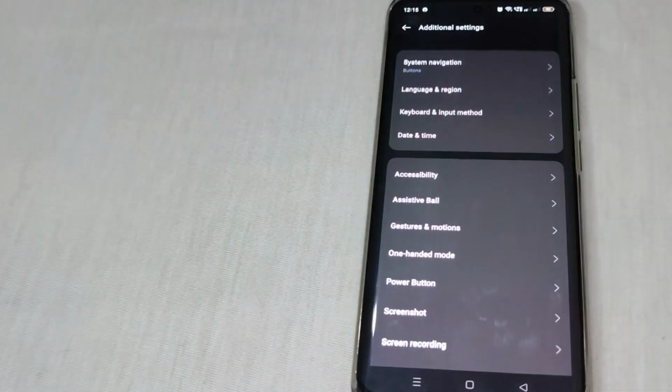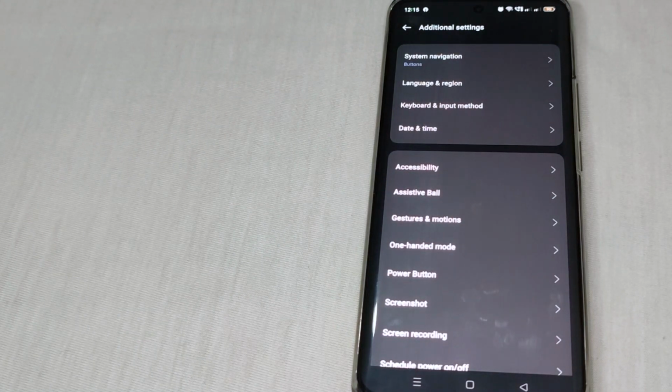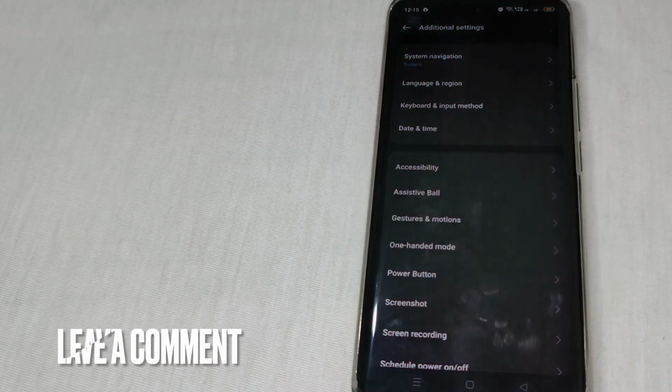This is how to change the language on an Android phone. If you want to know how to change the language on an Android phone, that's the easiest way I know. And if you know another way on how to change the language on an Android phone,